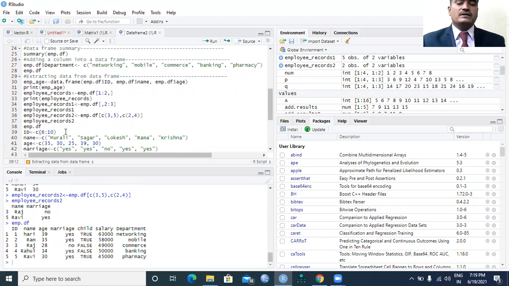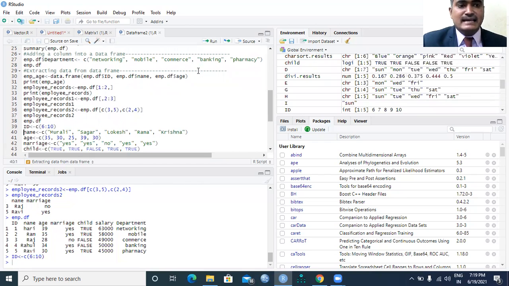Now, what I would like to do is create one more data frame, because I would like to perform operations between two different data frames. Obviously employee ID is an integer type which includes a series of values from 6 to 10.